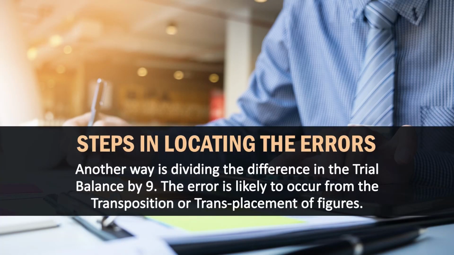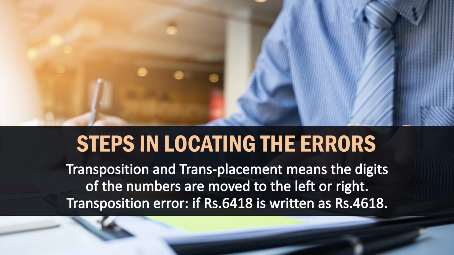Then the next one is another way is dividing the difference in the trial balance by 9. The error is likely to occur from the transposition or transplacement of figures. So, now we will see what actually we mean by transposition and transplacement of figures. So, transposition and transplacement means the digit of the numbers are moved to the left or right, and the transposition errors, the example of transposition error is if rupees